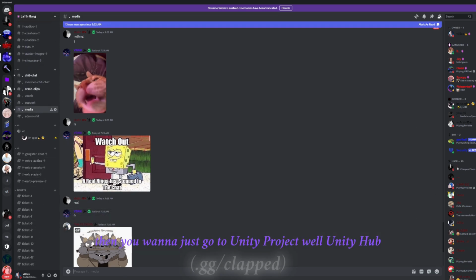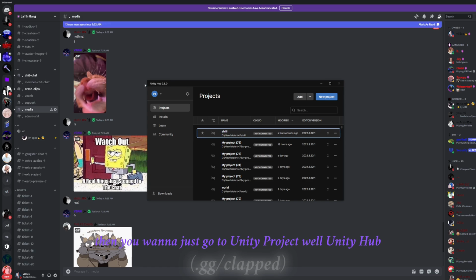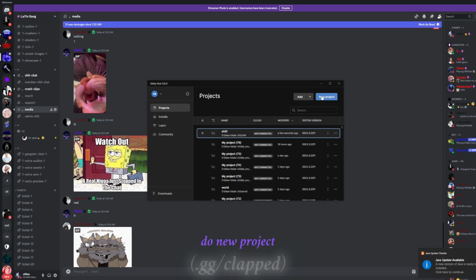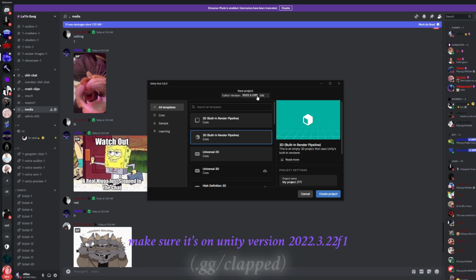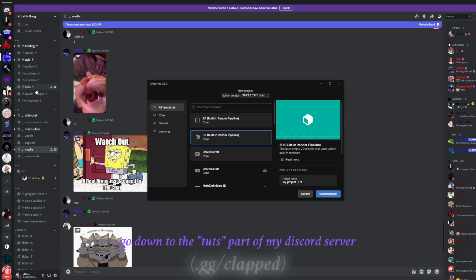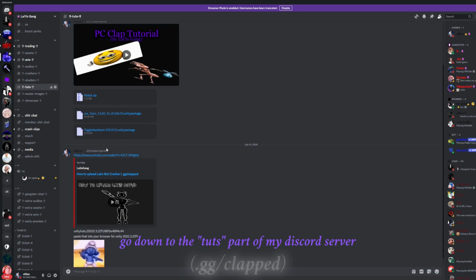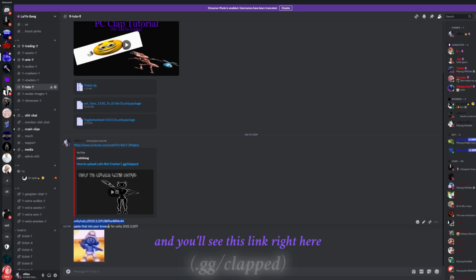Then you want to go to your Unity project or Unity Hub, do new project, and make sure it's on Unity editor version 22.3.22 F1. Any other version just will not load Bloodborne properly. So if you want to install this version, go down to the tuts part of my Discord server and you'll see this link right here. You want to copy that,